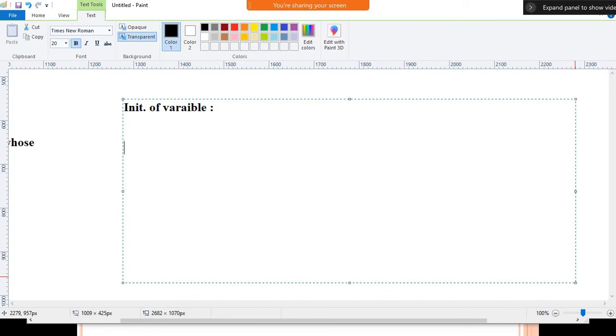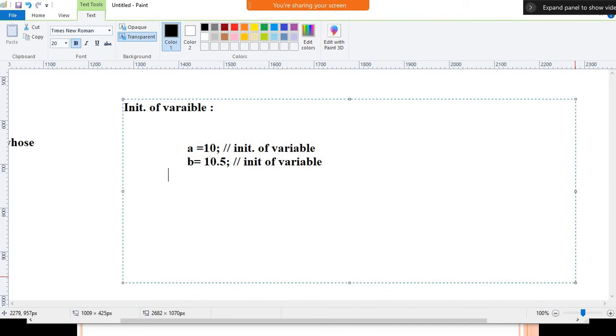How will we initialize? Once we declare we need to assign the value. For example, in the last section we declared a and b, so here I will assign the value a is equal to 10. We need to store that value, that's it. That term is called initialization of variable. Like that, inside b also we store b is equal to 10.5. Which initialization is this? Float initialization of variable. Once we declare we need to initialize the variable.